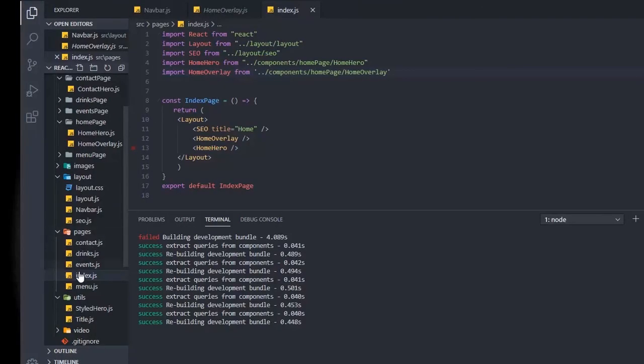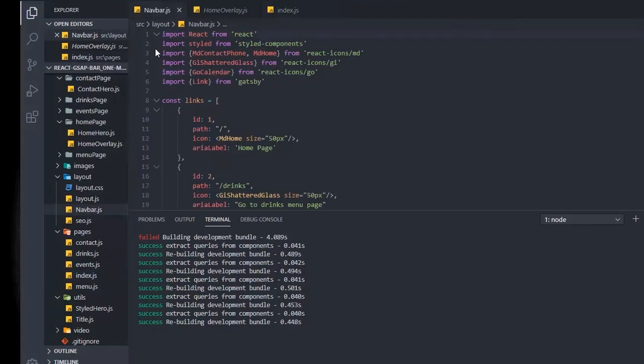I'm sure you guys had no problem wrapping your pages in a layout component. Now, I had my first dilemma as far as making this video. I'm trying to keep them all about a half hour long, and I wanted to knock out the nav bar and get the overlay done. And I was looking at it. I want to go pretty deep into GSAP and React hooks, just so you guys know, again, what the hell is going on. So I had to cut a corner here, and what I did is I came in and